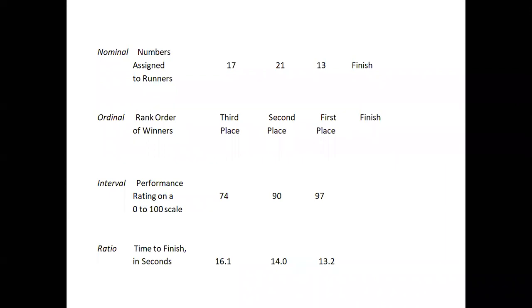Here the object possesses some characteristics. He stood in first place because he ran faster. He ran faster than others and reached the destination first. That's why he is first. The second one reached the destination after the first, and the third one reached the destination after the first and second. So these possess some characteristic.